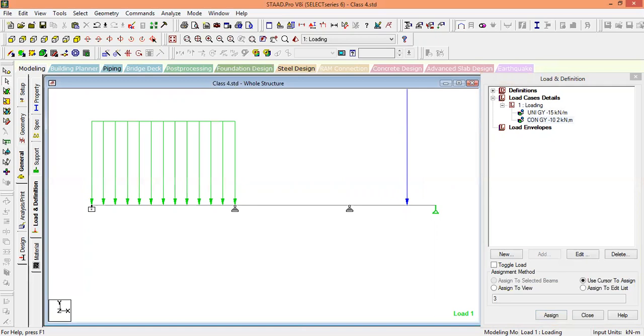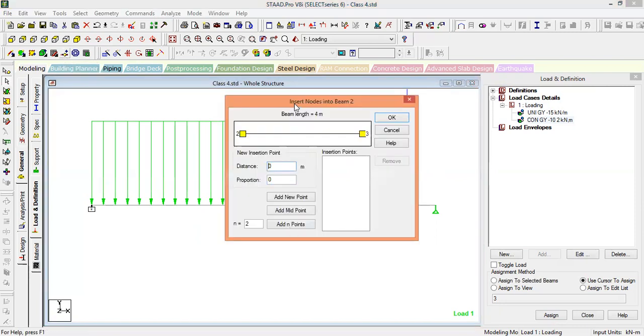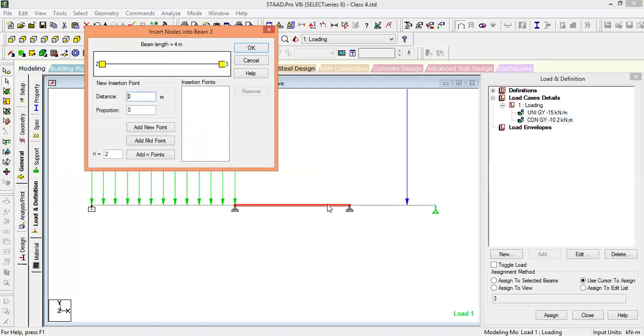The next load is the inclined load, which we have resolved already, but both components cannot be provided directly. Whenever there is a horizontal load, you cannot provide it directly as you did for this 10 kilonewton load. So you should create a node at that point and then assign the load to that node. The total span is 4 meters, so you have to go here, insert node. Wherever you want, you can insert nodes in the selected beam. Since the span is 4 meters, you can provide a node at the midpoint.